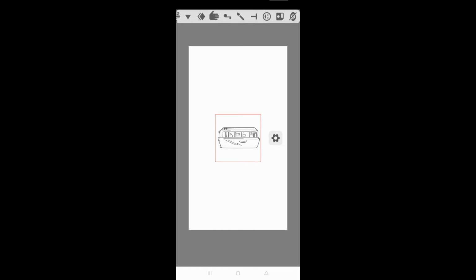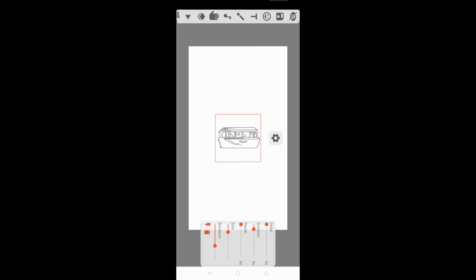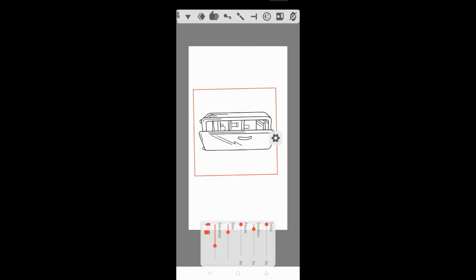You click here and by using your finger you can zoom in and zoom out. These things I will create. This is a refrigerator, or you can also call it a freezer.